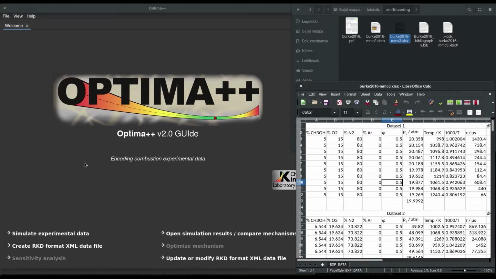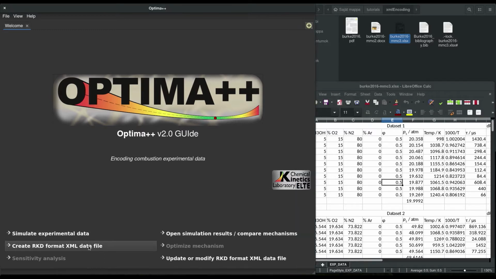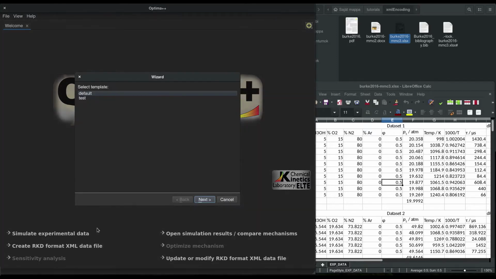If I click on the Create RKD Format XML Data File button, then a wizard window will show up where I can select a template to start with. These templates are useful if you are encoding your own results, because you can create a template containing your not changing data and reuse it during the preparation of multiple XMLs.